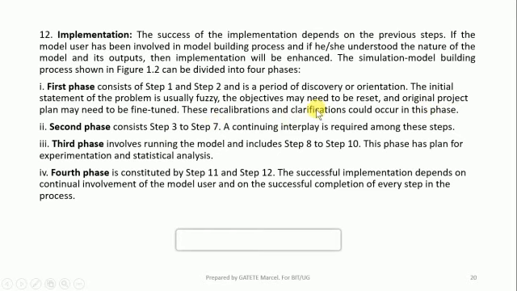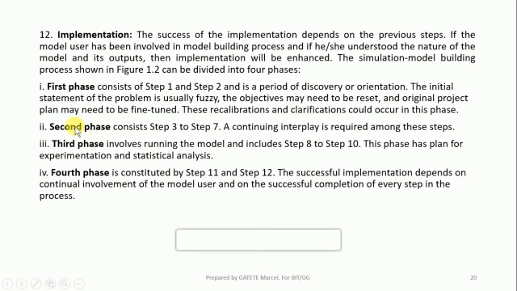It means you must provide a clear statement of the problem and a clear objective of the study. After clearly defining the objective and the problem statement, you go to the second phase.